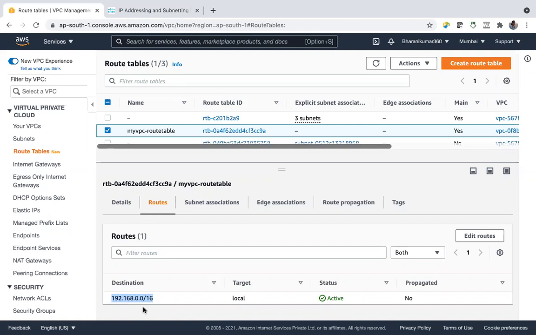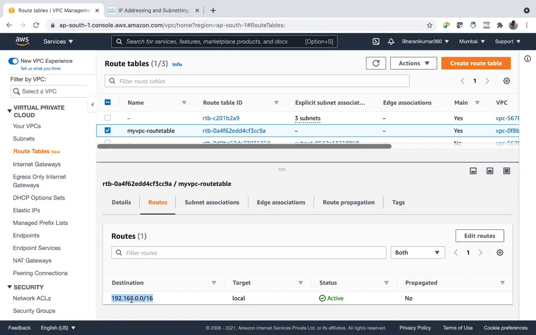Suppose there are 10 devices within this VPC, then the route table can handle traffic within the VPC. All these 10 devices can communicate with each other within the VPC. Why? Because the destination is, see, this CIDR range. And this route table cannot route traffic outside the VPC because there is no route. By default, the route table will have only one route, and we call it the private route.